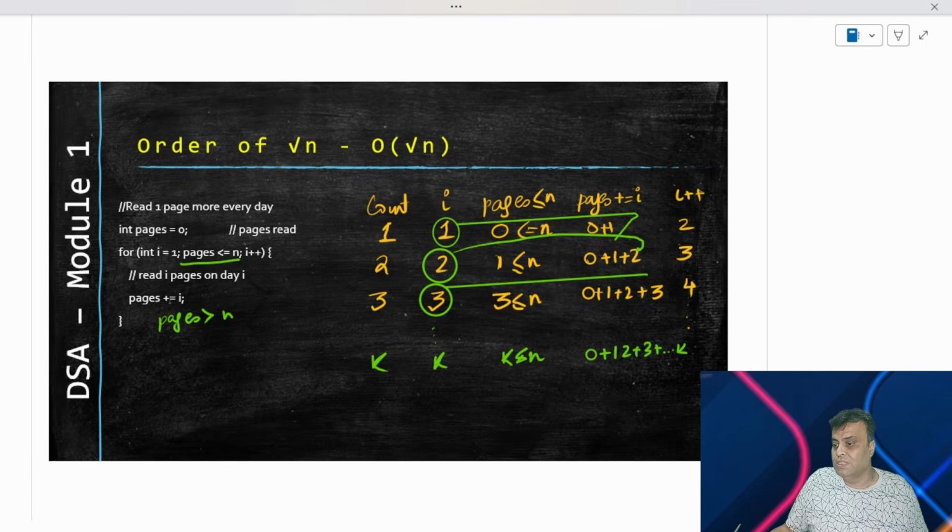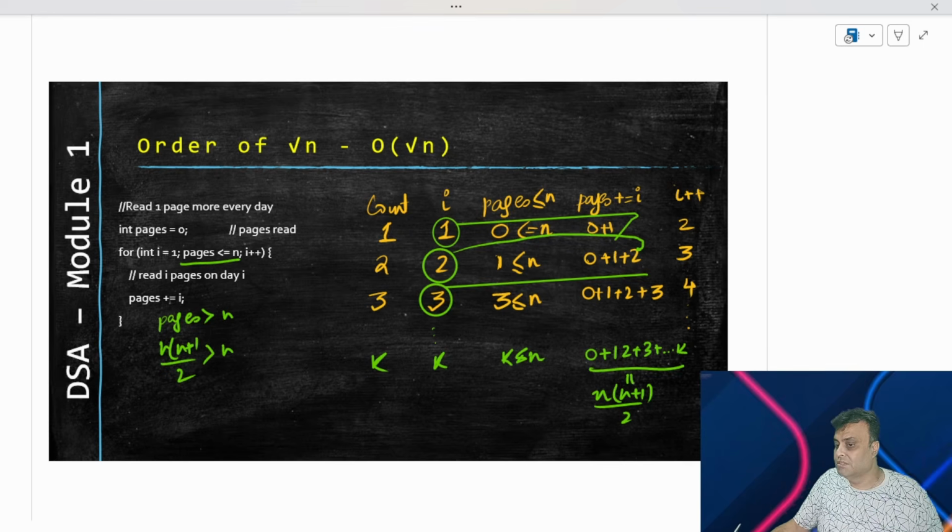What is the value of pages? The value of pages is this. What is this? This is again an AP. Can I say this is equal to k into k plus 1 by 2? So can I say k into k plus 1 by 2 is greater than n is my termination condition? Therefore, can I say that k into k plus 1 by 2